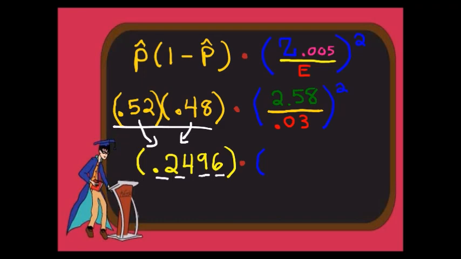This value is exceptionally important because it is generated by your prior estimate. So make sure you don't lose that. Now take a moment while we're still here and figure out this internal value. So you should be able to do 2.58 divided by 0.03. Okay, that comes out to